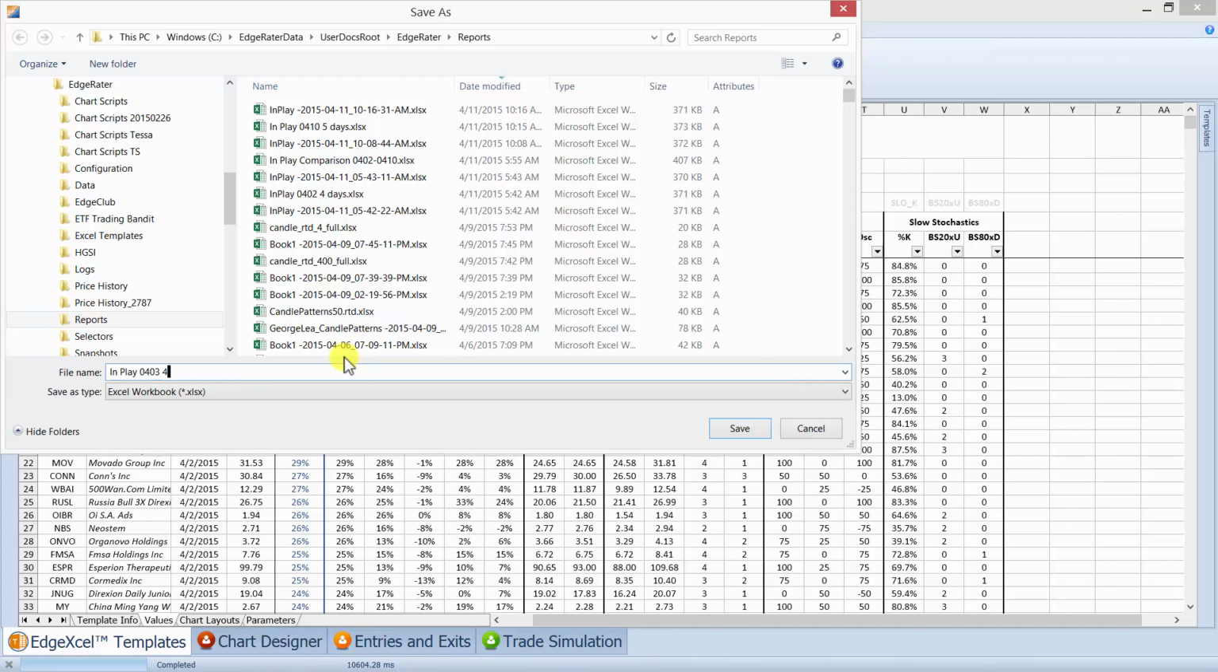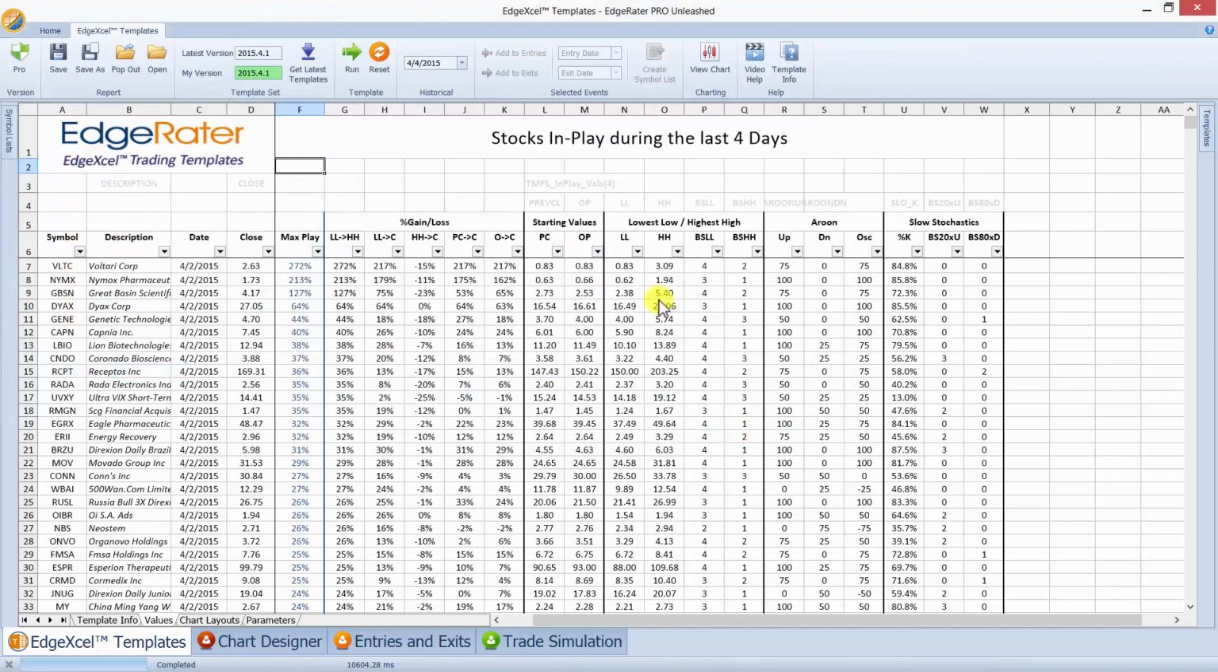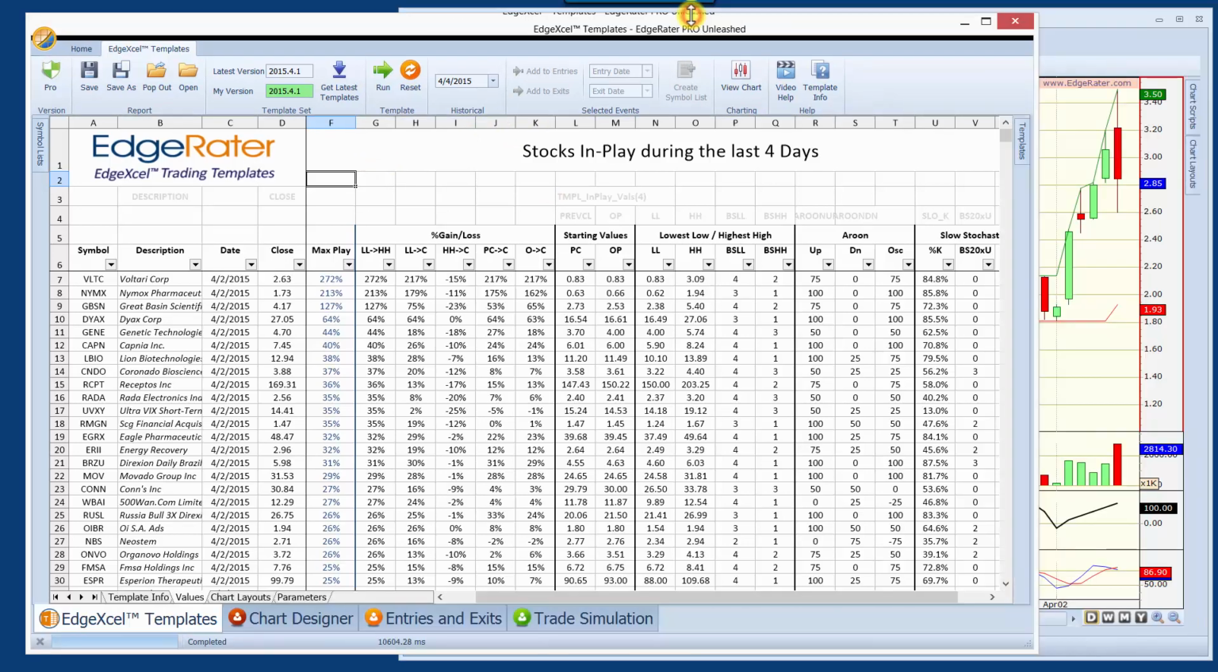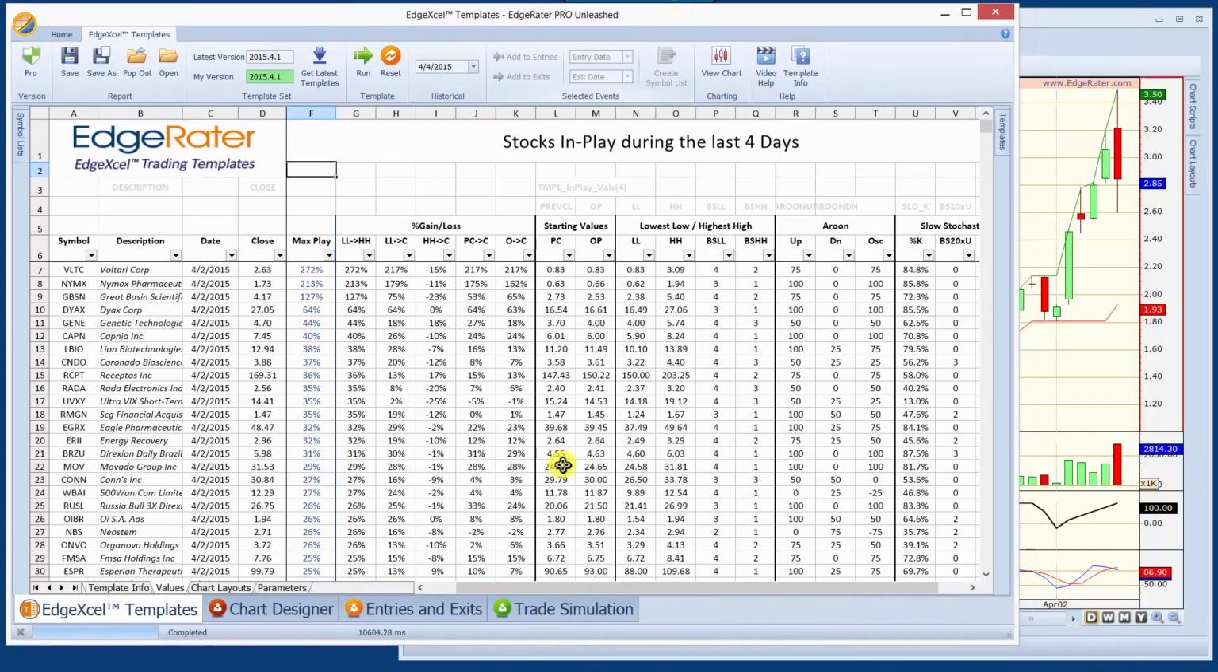5 days, well, 4 days, well, 1 week, and save that. Whenever you save it, by default it's going to save it in the reports directory, which is your documents EdgeRater reports directory. Okay, and what we can do here, and this is somewhat more interesting because we actually have data